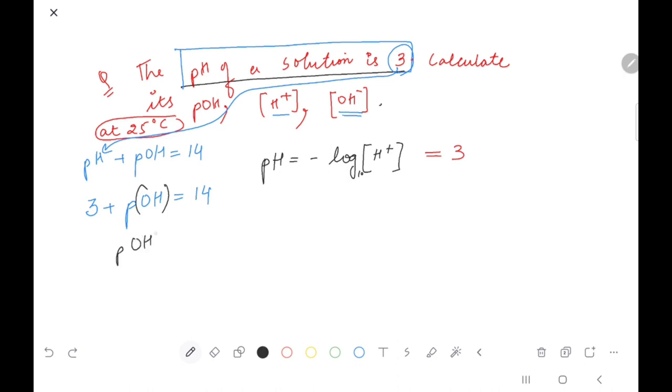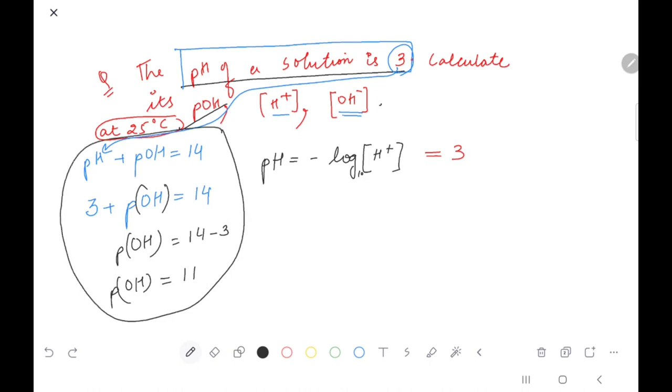So pOH is going to be 14 minus 3 and it is going to be 11. So pOH we have calculated very quickly by using a very simple formula, right? But when we are talking about pH equals minus log of H plus ion concentration, that is equal to 3. How do you think I should be able to calculate H plus? Tell me. Don't you think I can write down 10 raised to power minus 3